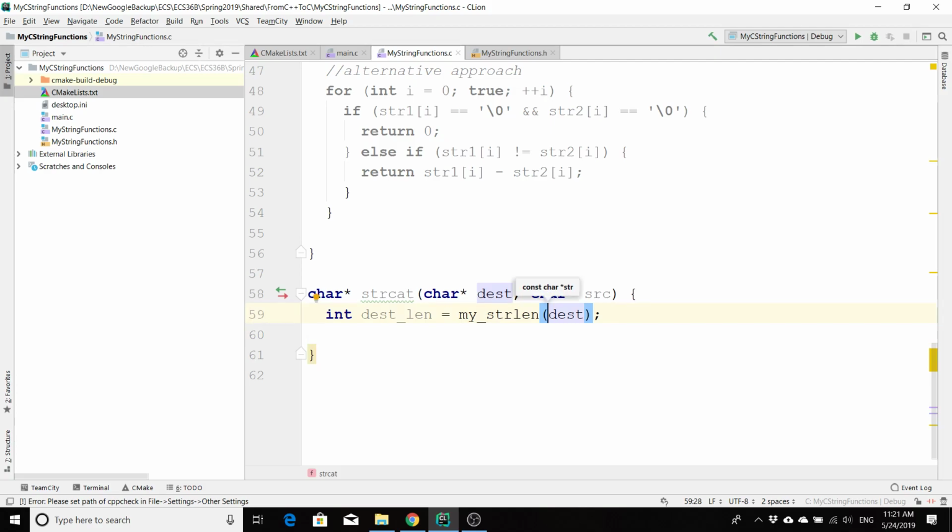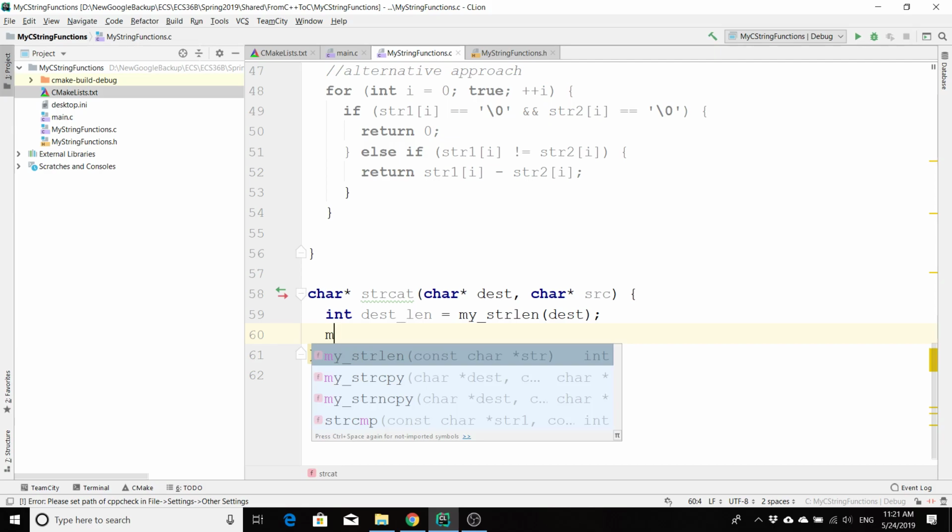And then now that we know how long the destination is, what should we start doing with source? To start copying the characters, right? To the end, at that position, to the end of dest, right? So it would be cool if we could use what function? Because we want to copy one string from one location to another. strcpy, right? But here's the cool trick. We can use that. So we can do my strcpy,